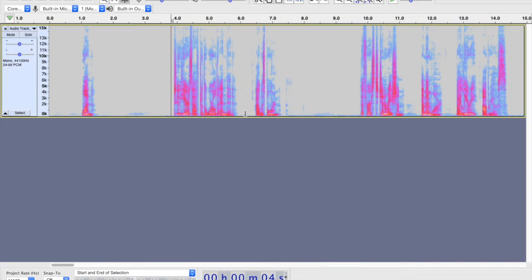Next step is what we call EQ, or it's now called a filter curve. But if you talk to sound people, everybody's going to call it EQ or equalization. For some reason, they changed the name of it on Audacity recently. They're calling it filter curve or filter curve EQ. Now, EQ will change the actual